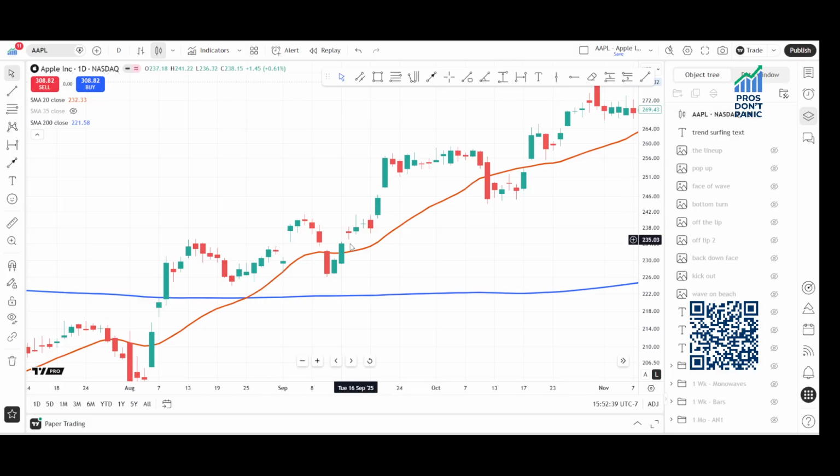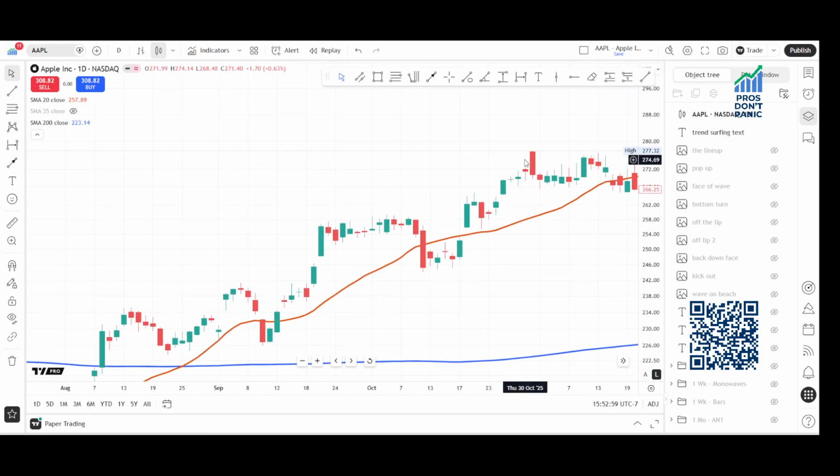So we know that as this trend is starting, if it's a real trend, you're going to go down the face of the wave here. This is what I'm kind of getting into. You're going to go down the face of the wave at least once. It's going to pull back. You're going to smack off the lip and you're going to go down the face of the wave again, at least. So you're going to go down one time, you're going to pull back, and you're going to go down again. How do we know that? Because trends don't just quit. They don't start with power and just quit. That's one of the things that you can learn about the markets. There are certain fundamental things that just happen. These things are not random. Markets are not random. I don't care how many people you talk to, markets are not random.